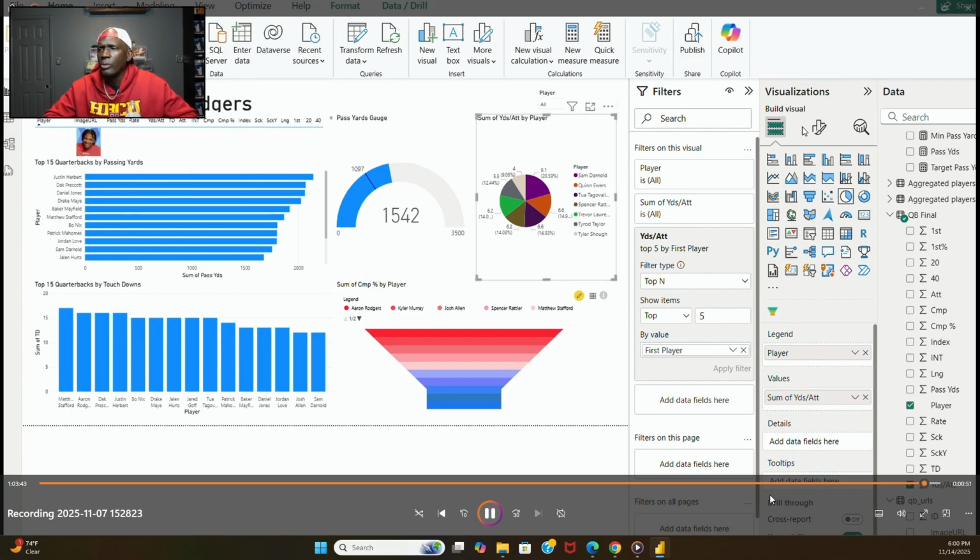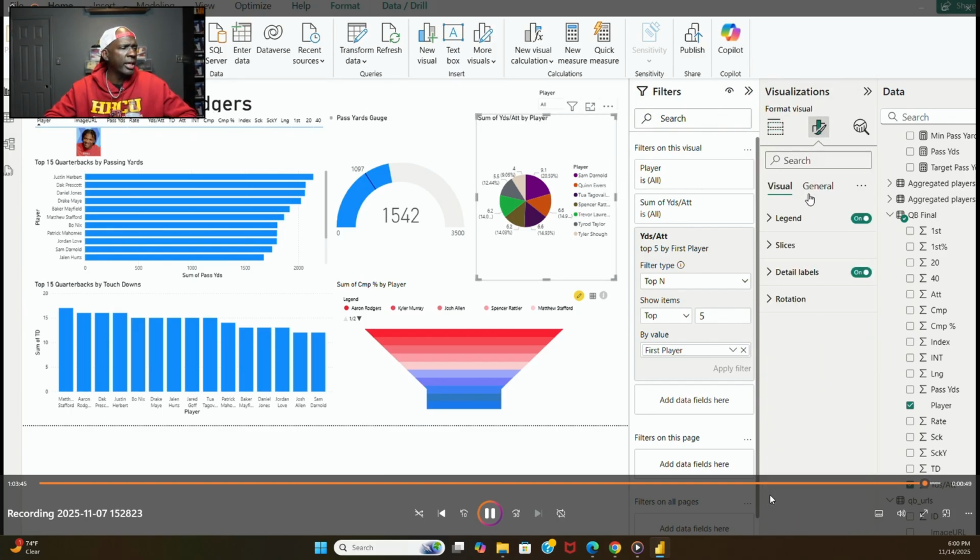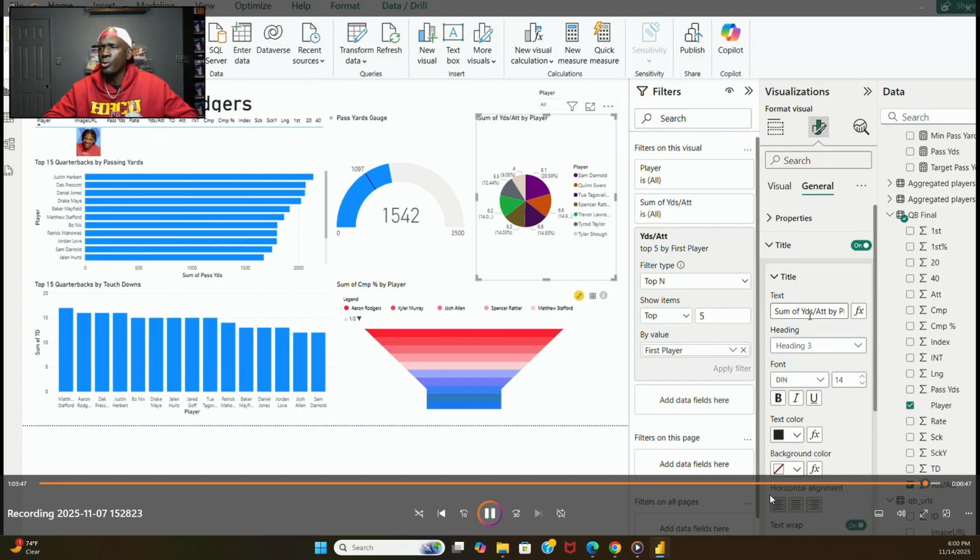But now, what we did was we're only looking here at the top 5 quarterbacks, and we're looking at yards attempted. The title was actually yards attempted by player, but we're going to call it yards attempted by quarterback. So